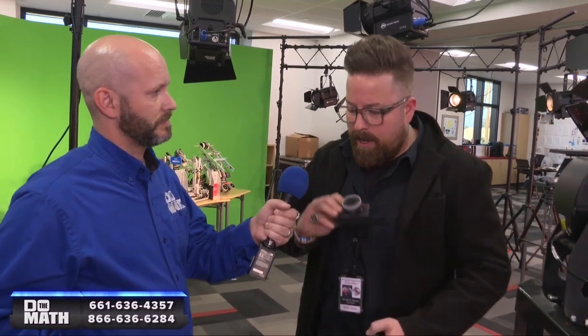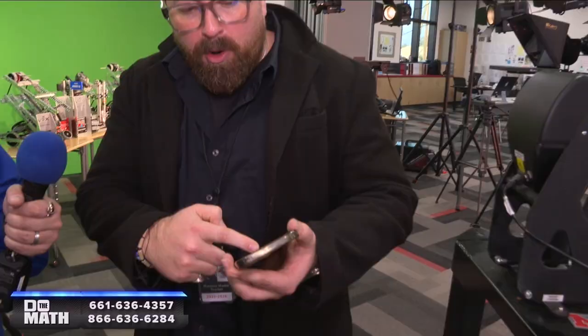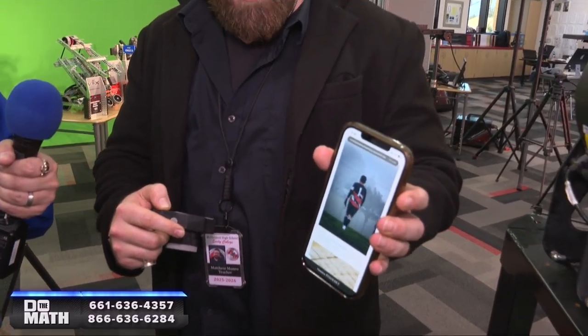What are some of the examples of classes that are offered to students as part of the CTE program? Yeah, great question. I teach my students digital design. And if you can see right here, this is a 3D printed model, which I'm sure everybody's seen. But we're utilizing technology within the model itself to do things like near field communications. So you can tap this to your phone and it'll call up things like student work and little projects that we've done throughout the year, which is incredible.